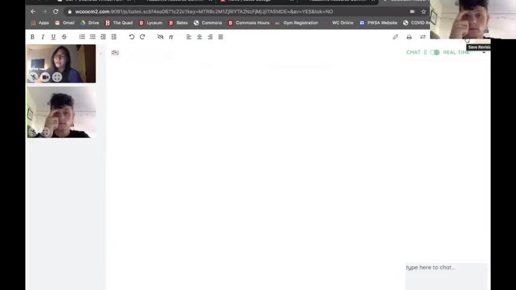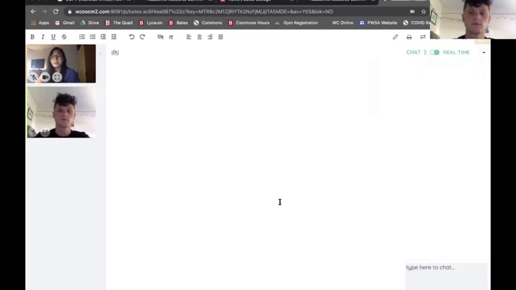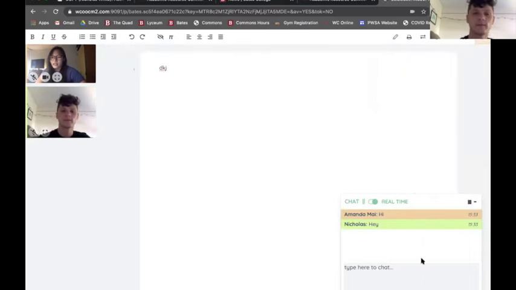The last button shows you who's using the pad, and you can change to put the announce entry on, which is what I have on now. So when someone comes in to the workspace, you'll hear a pinging sound. The last thing is the chat function. So there's real-time chat that you can turn on or off. And here I can type a message to my tutee, and my tutee can send a message back. And it shows it in the colors. So if Nick were to go write in the workspace, his color is green, and that will show up